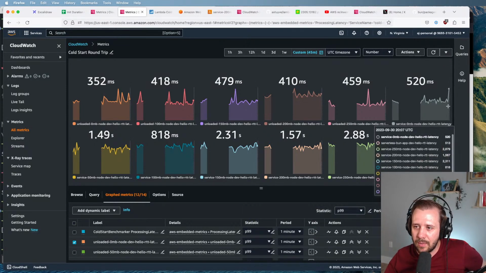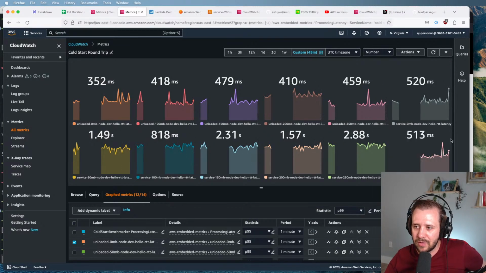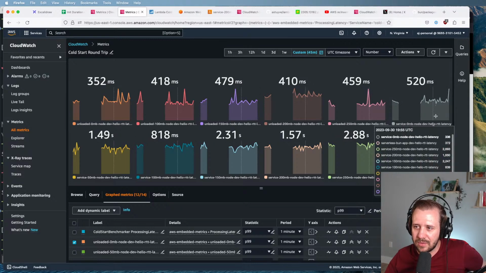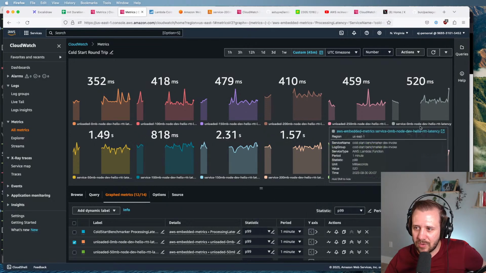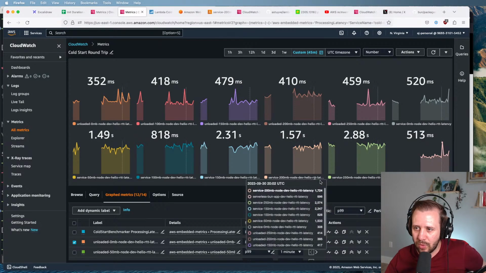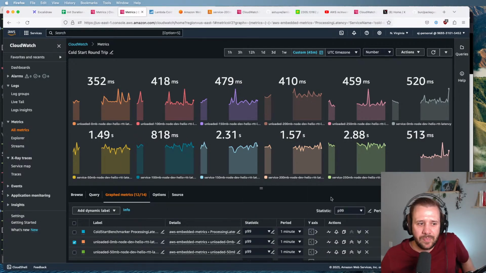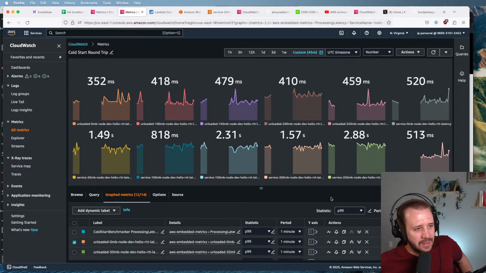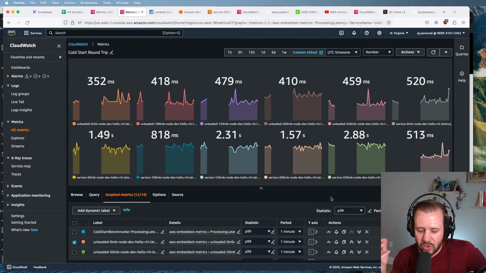I wonder why we had a big spike in both of these startup latencies. Do we see this now right here? In the last few minutes, we just had a really, really big spike in both of these functions' cold start times. And there can be a lot of reasons for that. I think probably the biggest reason is you're building this on a giant distributed system with a lot of other customers, a lot of other users. So there's probably a bunch of other